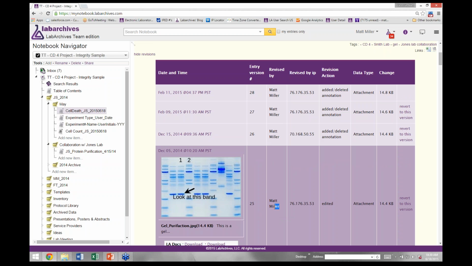entry. We track who the work was done by, so in these cases that we see, I was the one that did the work. We show and track where the user was when they performed the work, what revision action was taken. We note the data type, any change in the data storage based on changes made, and we, in